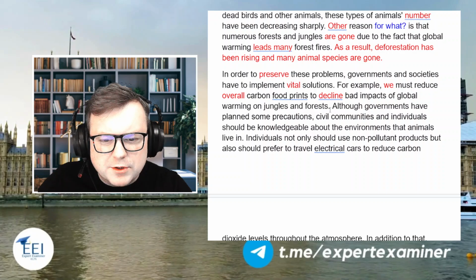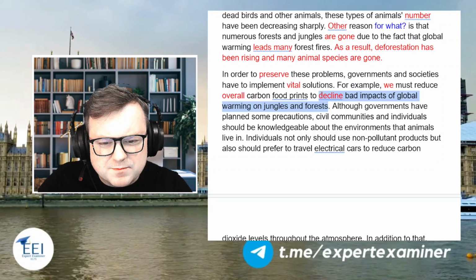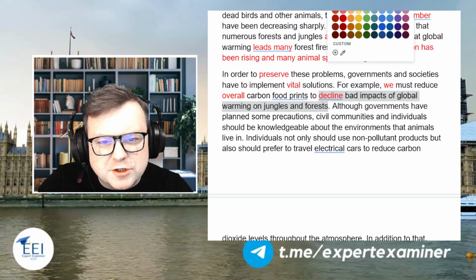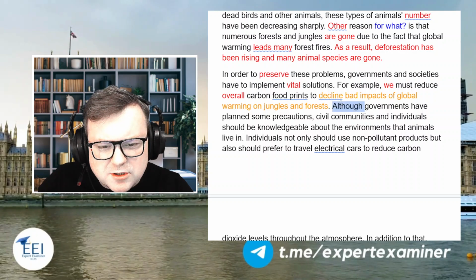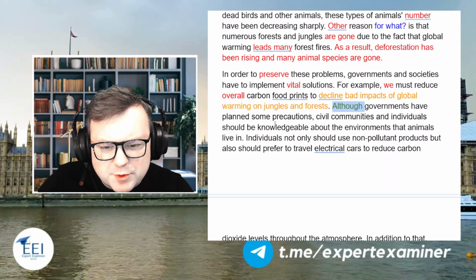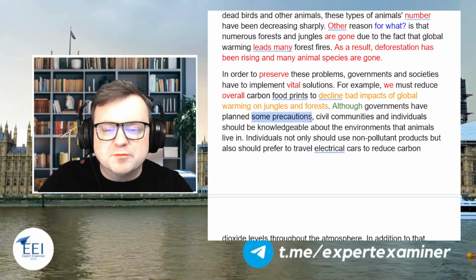Okay, how will this help? Although governments have some... a bit of a strange sentence. Although governments, so this is good with although. Although governments have planned some precautions. Game is very vague. There's no details. Oh, they've planned some precautions. Well,